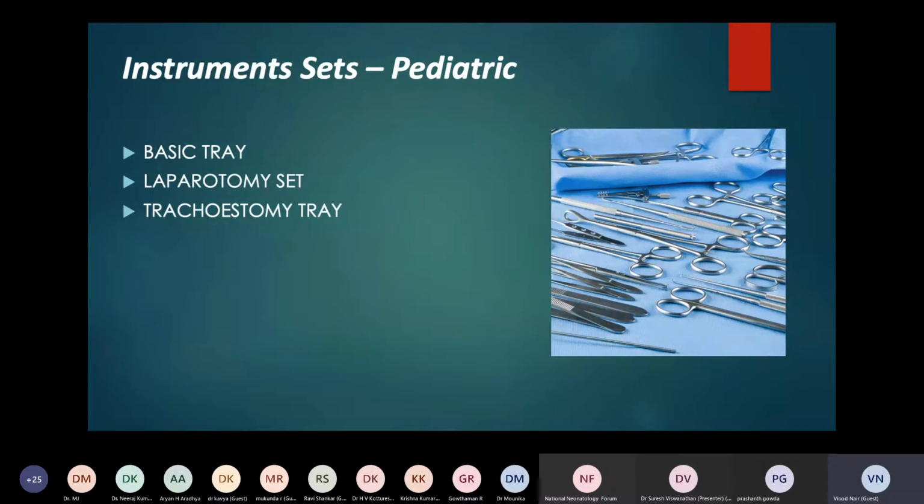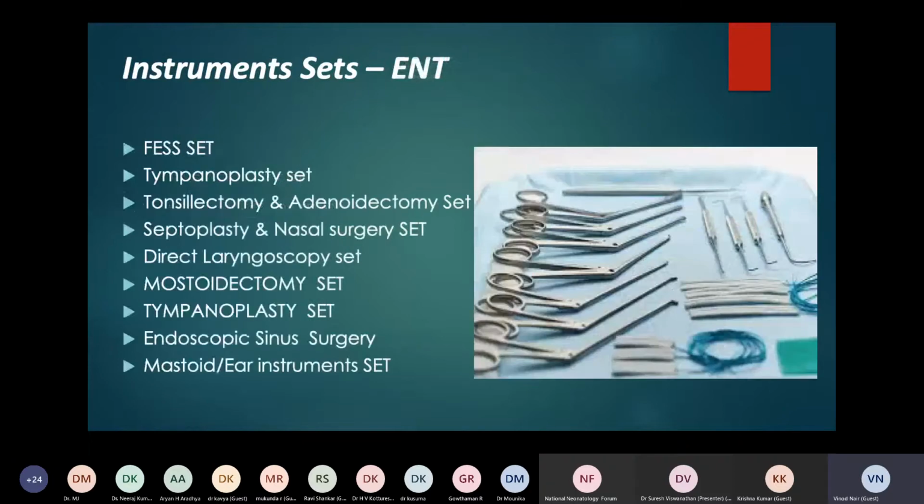For pediatric, I just put only 3, and here Dr. Mukund can give more information on what sets are normally used in pediatric. But the size of the instruments will be smaller compared with the adult instruments people manufacture. In the same way, ENT has multiple sets. If you have an ENT specialty in your hospital, there will be multiple. I just put only 7 to 8 sets here, but there are more sets involved in ENT,